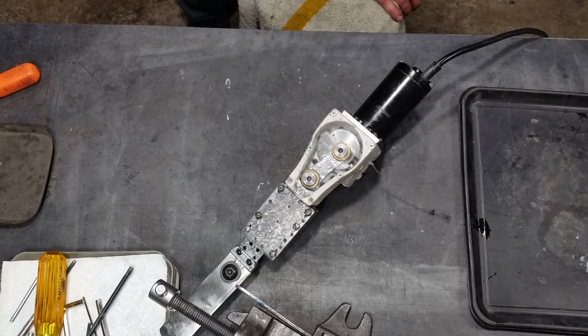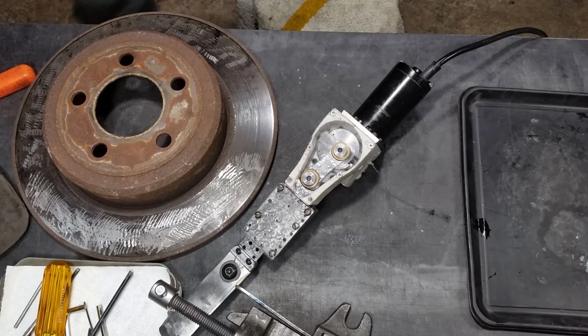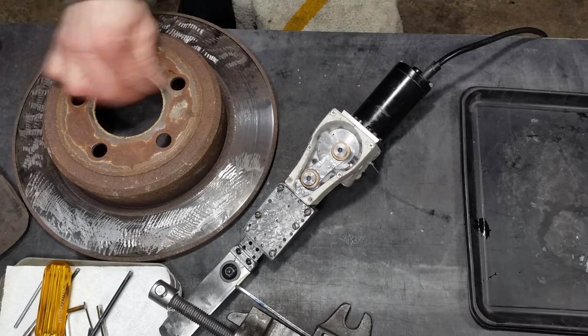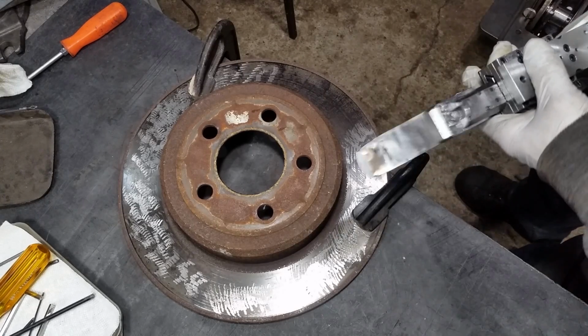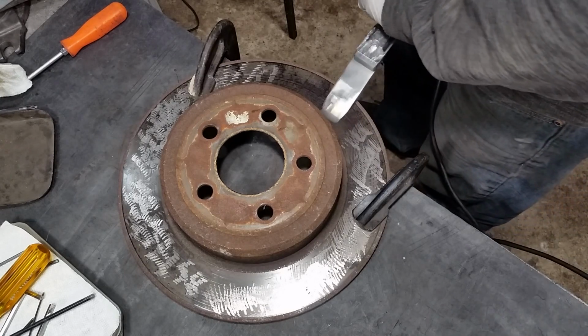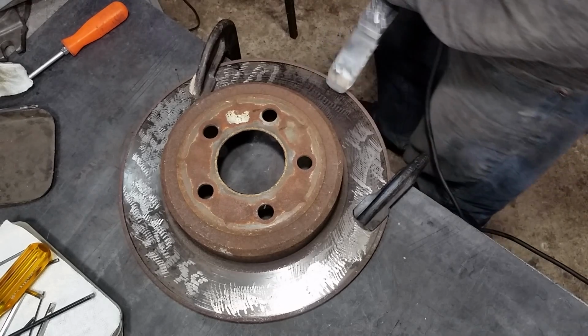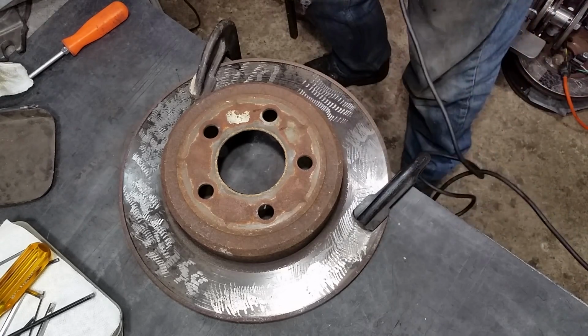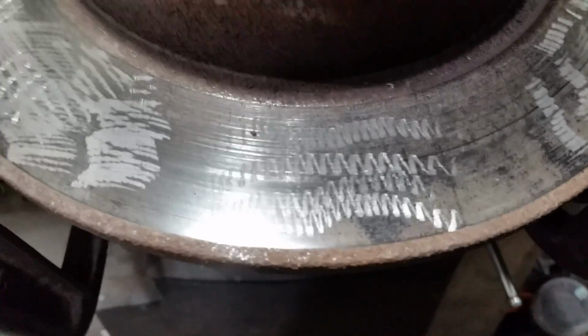So maybe I should. I've already been scraping on this one. And I think the tool actually works pretty nicely. I can't compare, I have nothing to compare it to, which is unfortunate because I suspect it's really mostly me not using the tool right. So I think to take the operator out of it here, because I don't really know what I'm doing, I think the only way to evaluate it is by consistency, and